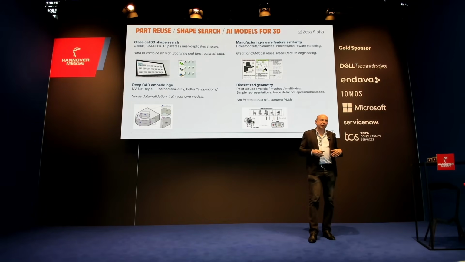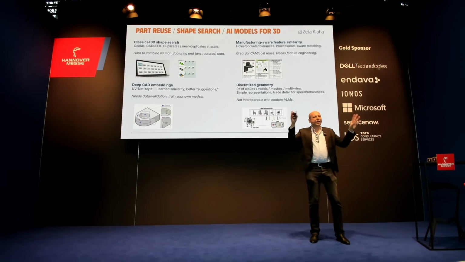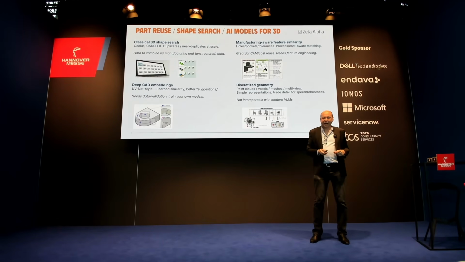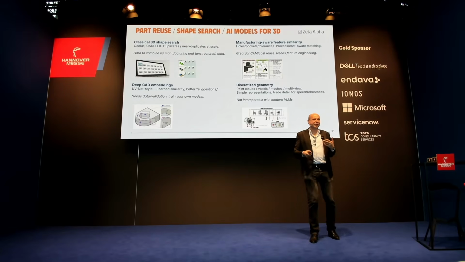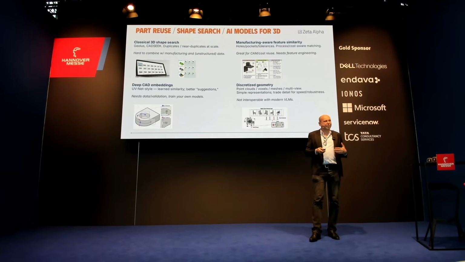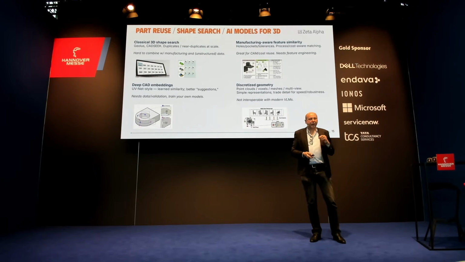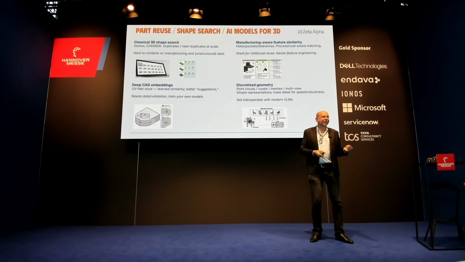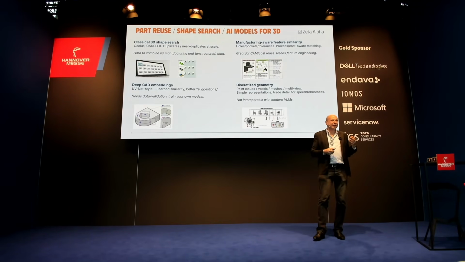And then there's things taken from, let's say, the 3D physical intelligence domain, like point clouds and voxels and meshes, where you build specific AI models in those spaces. The problem with many of these approaches is they're very hard to integrate with frontier AI models, because frontier AI models do not understand point clouds or graph network